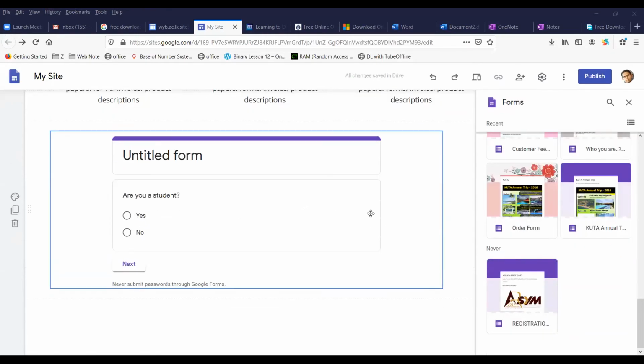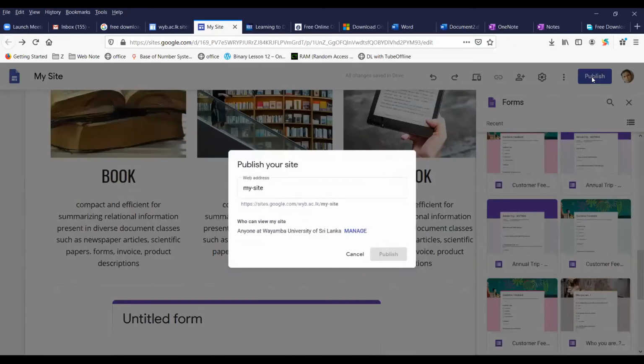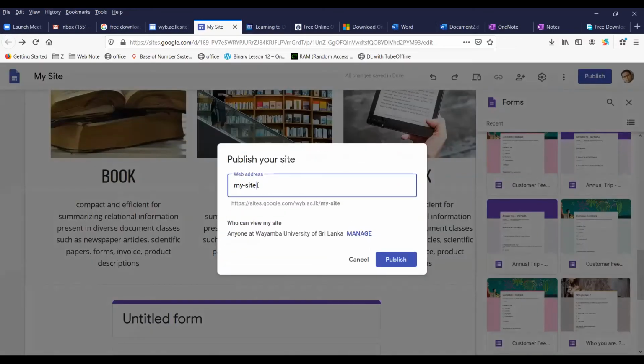So like that, you can create the web page, and after that, you have to publish. So when you publish the page, anyone in the world can see the page. So you can give it a name, and this will be the site name. So you can see sites.google.com, that is their domain, and www.days.uk, that is our domain, because we have logged in using our institute emails, and again, my site is the name of the website. So you can share this link with anyone.